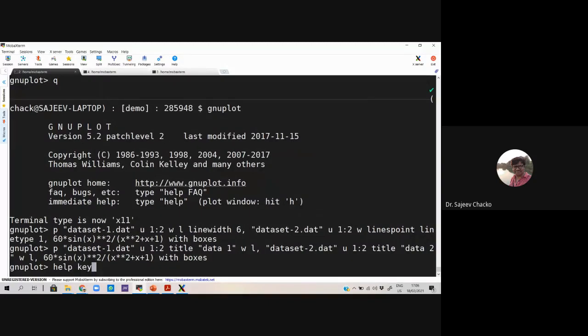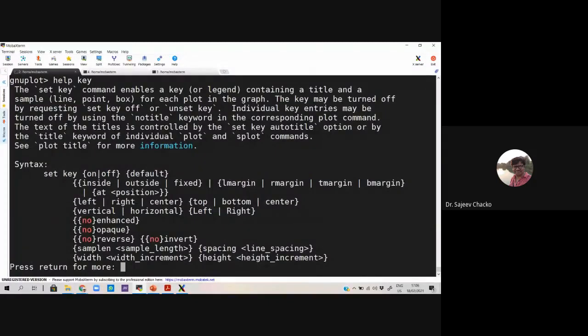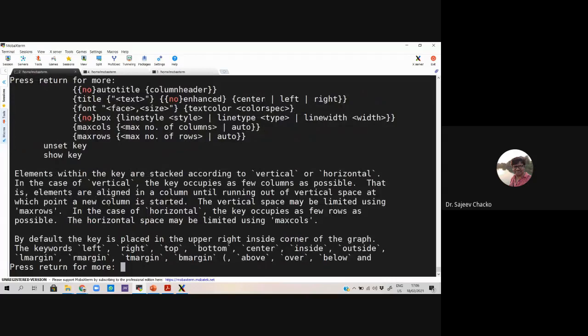If you want to set it or not, what should be the information, whether it should be left, right, center, and which position. This tells me whether it should be on the left top or right top, center, bottom, and which region of that graph this key should be kept. That is basically given here, and you may find some examples over here also.